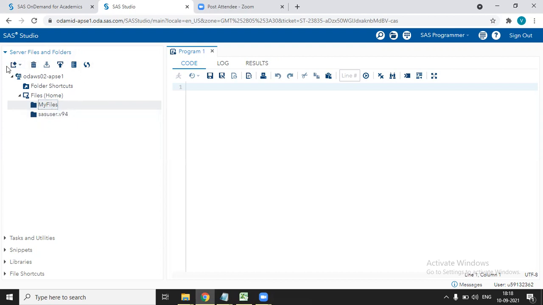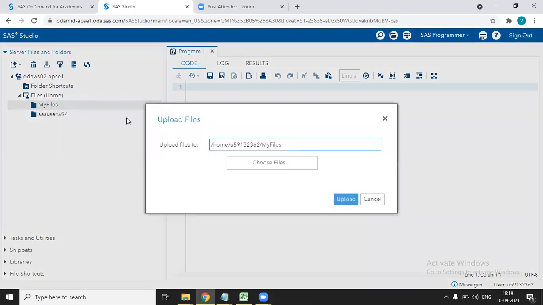Again, go to these icons. From these icons, you can see this upward arrow. When you hold the cursor on it, you can see Upload. When you click on this, you'll get an option to choose a file from your system. At the top, you can see Upload file to, and this path is given by default as we have selected my files in the files section. You can see the folder name appeared directly. Now we'll see how to choose. Click on the choose file option.